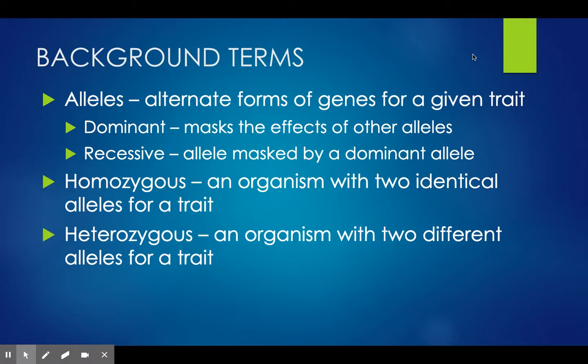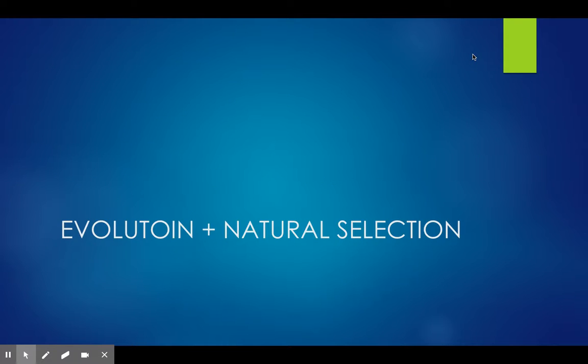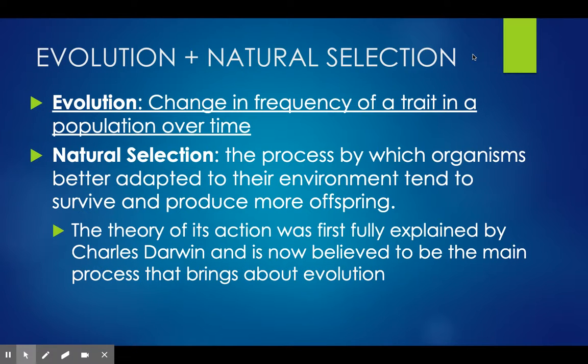Then we have the opposite, so heterozygous. That's an organism with two different alleles for a trait. So think about big A or capital A and lowercase a. That would be heterozygous. So let's get into evolution and